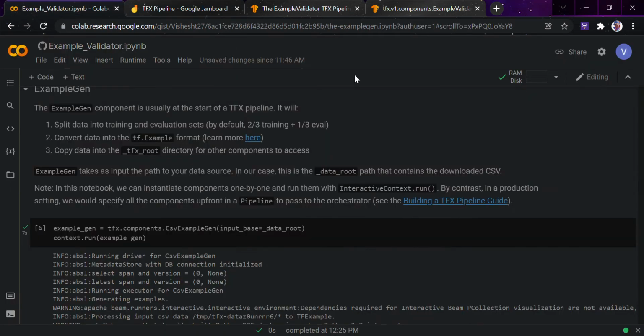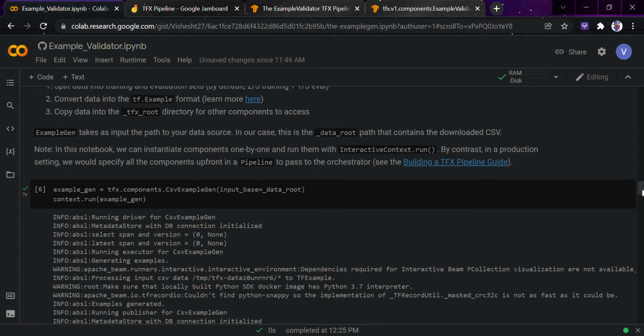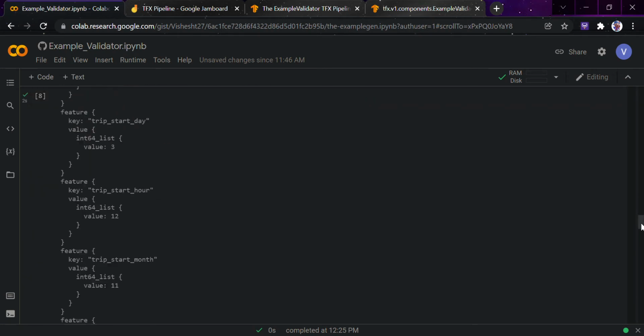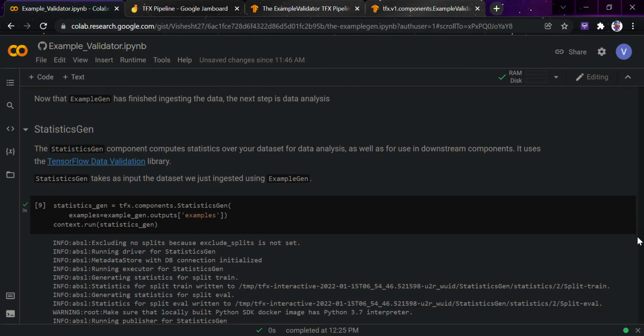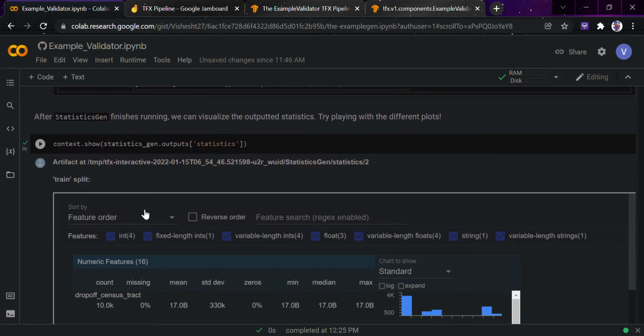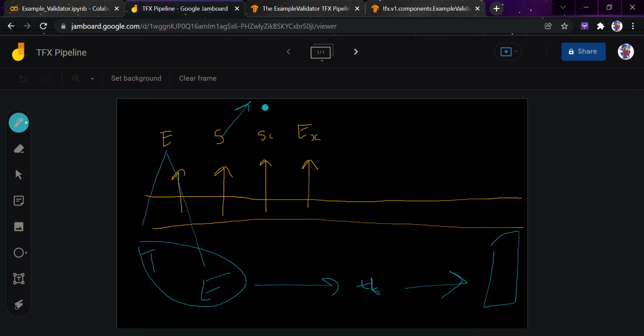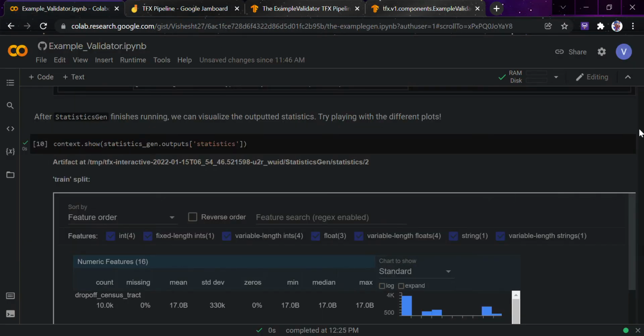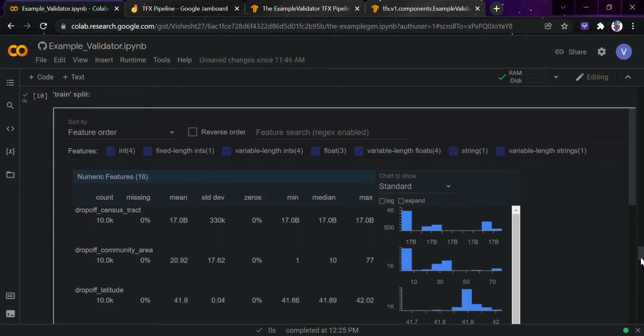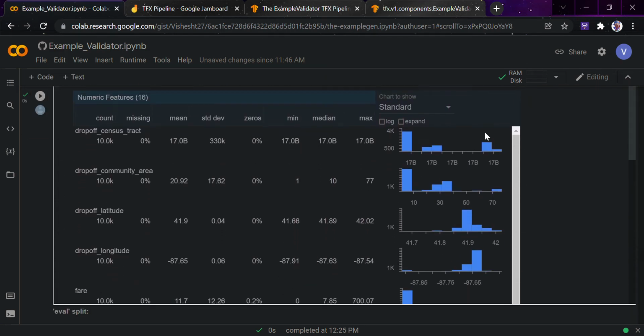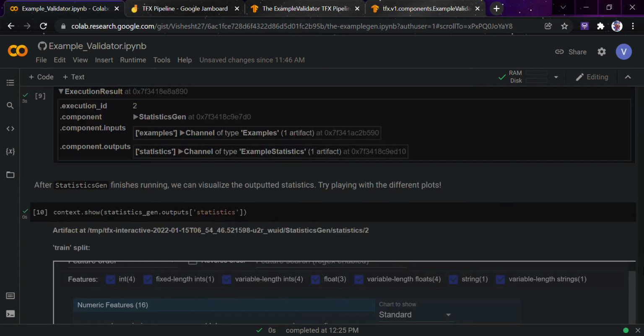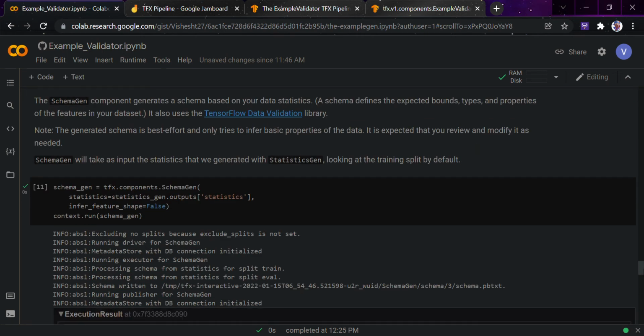Once you are done with the data splitting, pipeline creation and the directory part, you need to see what kind of data you have, the statistics of your data, and that is what is happening here. You can see all the statistics, graphs and visualizations in detail here, the charts, quantities, values, list length, everything.